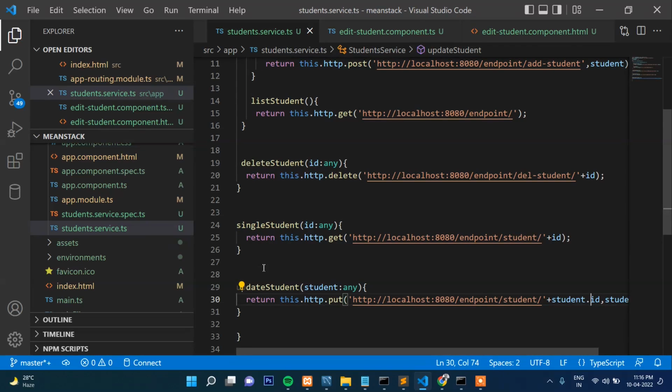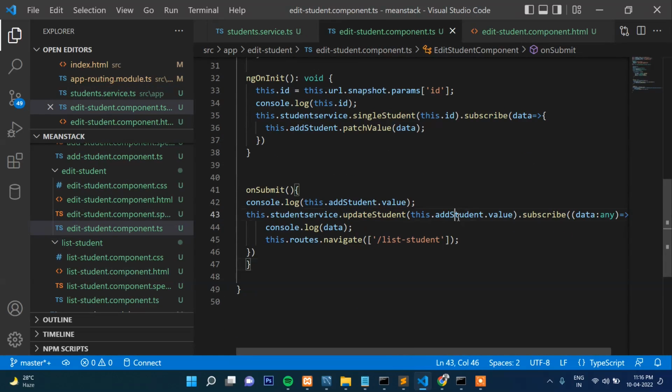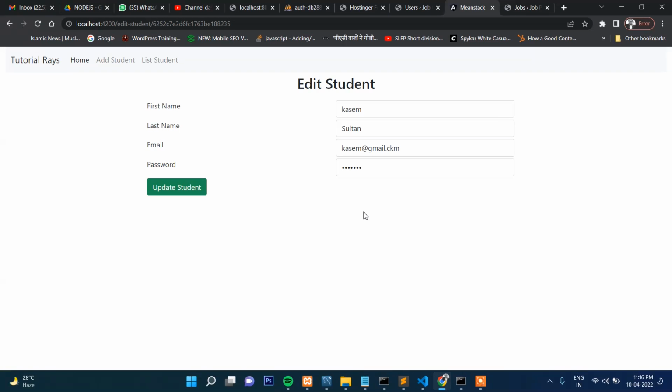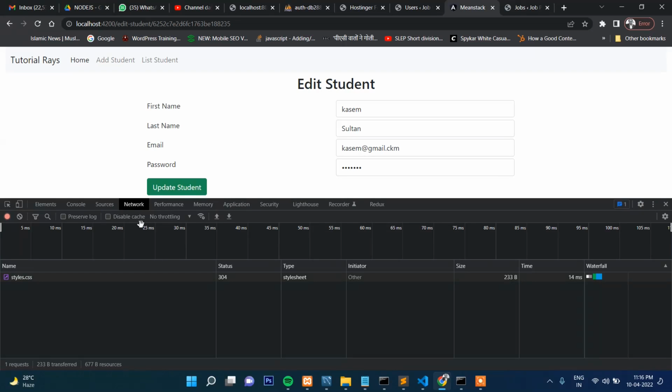So its name is update student, and here in edit section we have written update student, then add value, subtract everything, same will be there. After updating, it should get back to here. So now let's check what's the result. Now let's click on network and try to